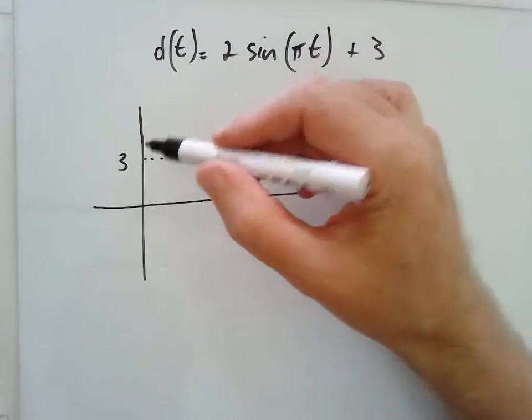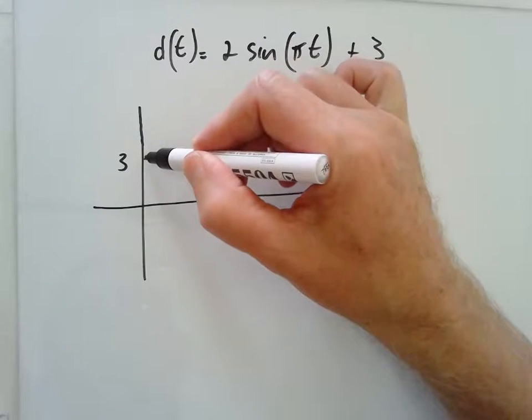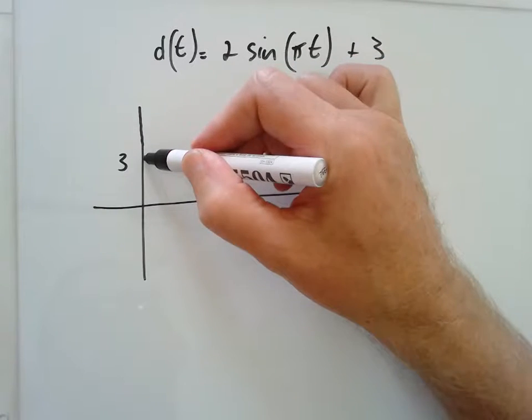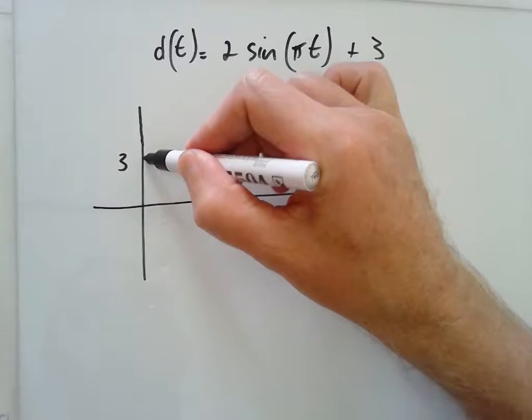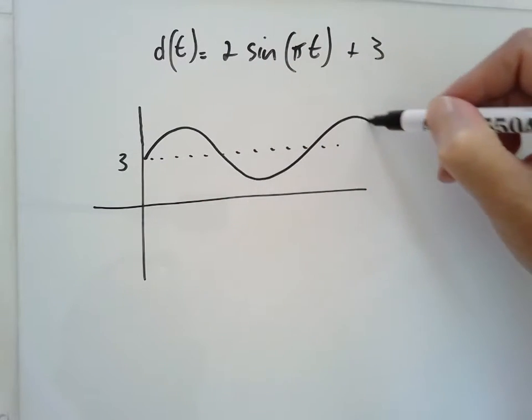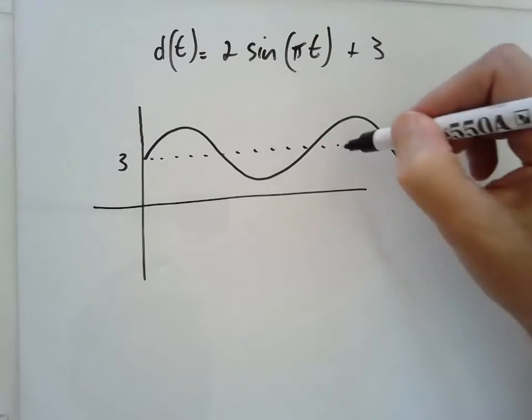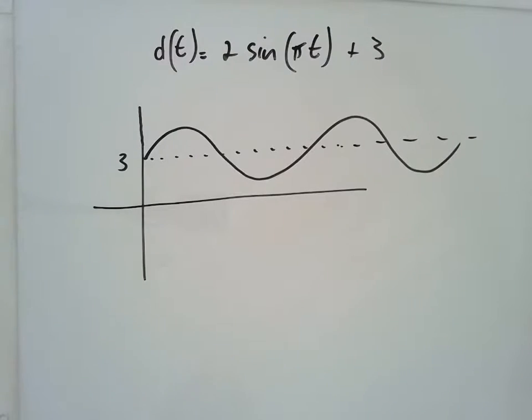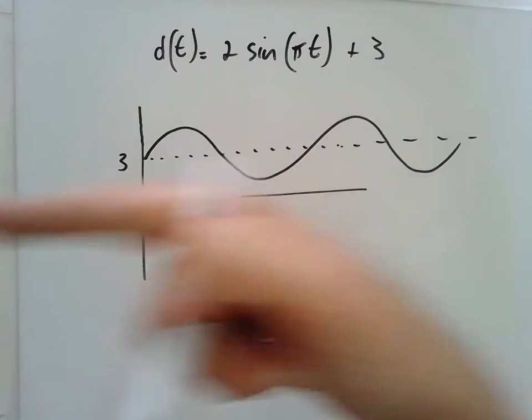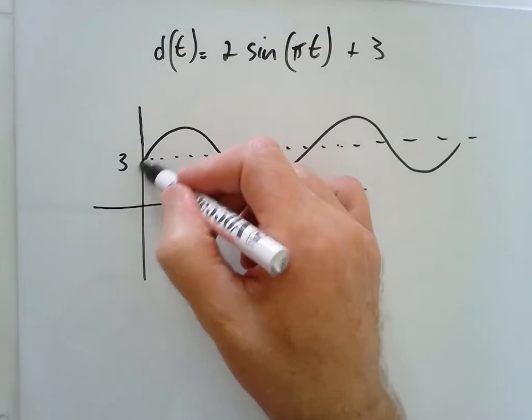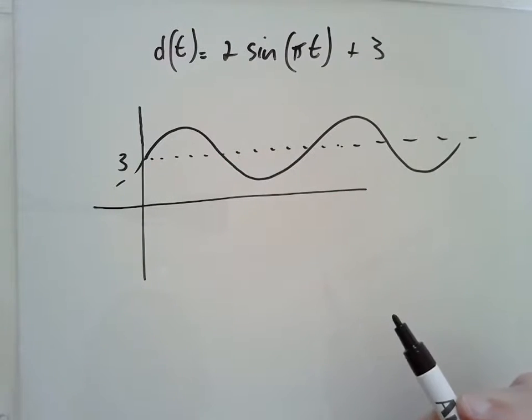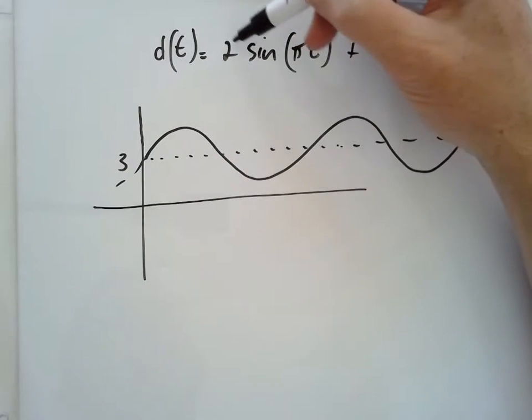So a sine graph, remember a sine graph starts at the origin or where it's moved up, and it's just going to go like that, and it keeps on going on forever. And yes, it does go back that way as well, but that's all right. Okay, so this 2